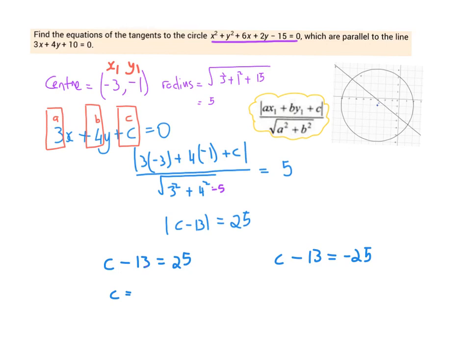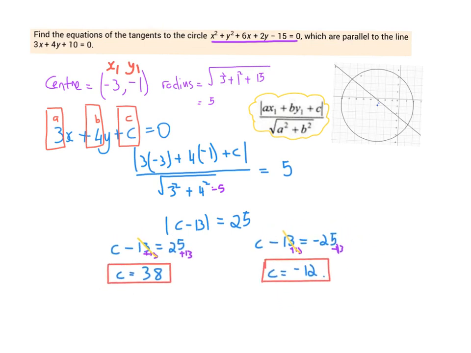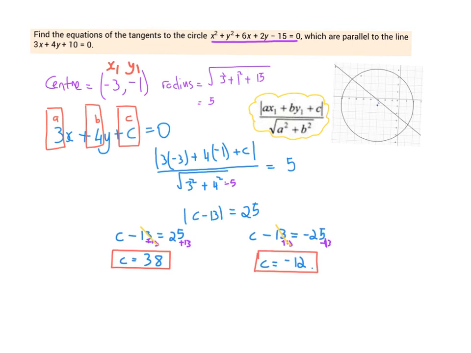So here we're going to have plus 13, here plus 13, and they cancel. So here we have c is equal to 38, and the other option, they cancel, and we get c is equal to minus 25 plus 13, which is minus 12. So there are two values for c, which means we can now go back to our equation of our line and substitute in, and we have the two equations of the tangents to this circle that are parallel to this line, and they are